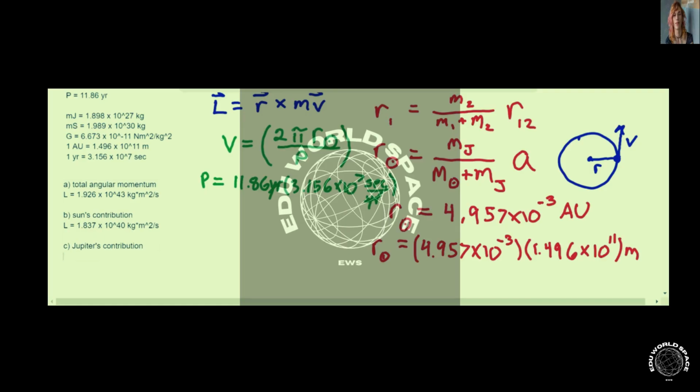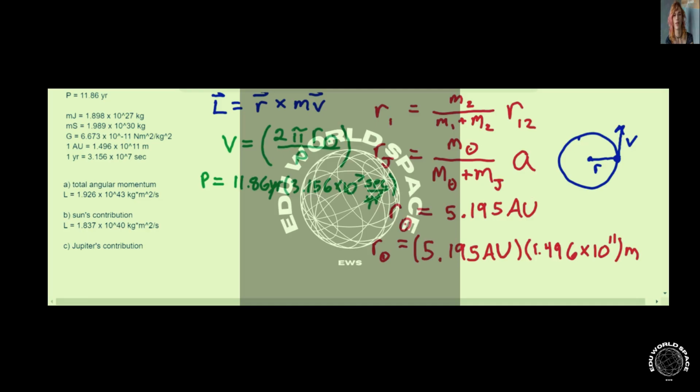So we'll be doing the same thing for calculating the distance for Jupiter from the center of mass. Again, just swapping out the subscripts. Now since we're looking for Jupiter's position R, it'll be mass of the sun divided by the sum of the mass of the sun and mass of Jupiter. We can still use A, the semi-major axis, as an estimation for the average distance between the sun and Jupiter. And then that will give us a new distance